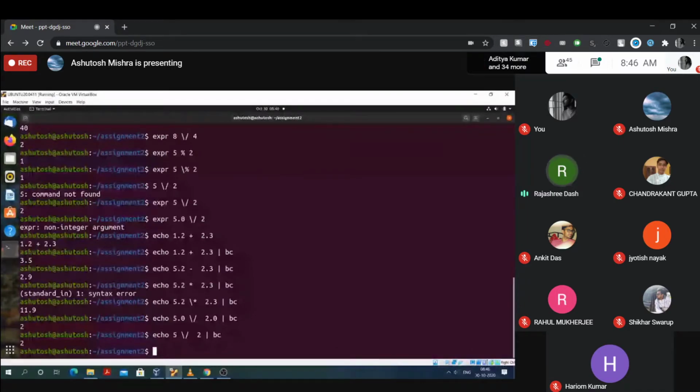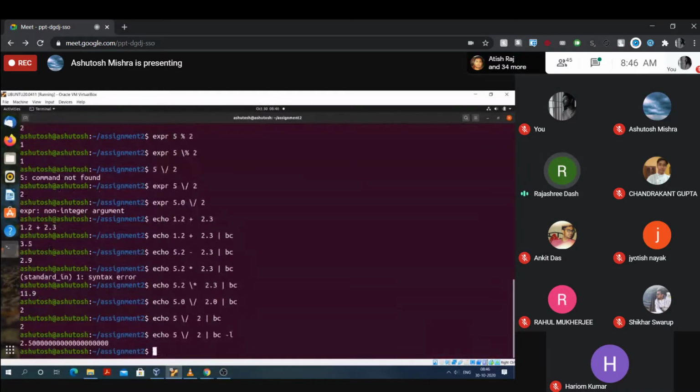Okay. Echo 5 divided by 2, pipe symbol, bc space hyphen l, write it, enter. So it is giving you the correct output 2.5.